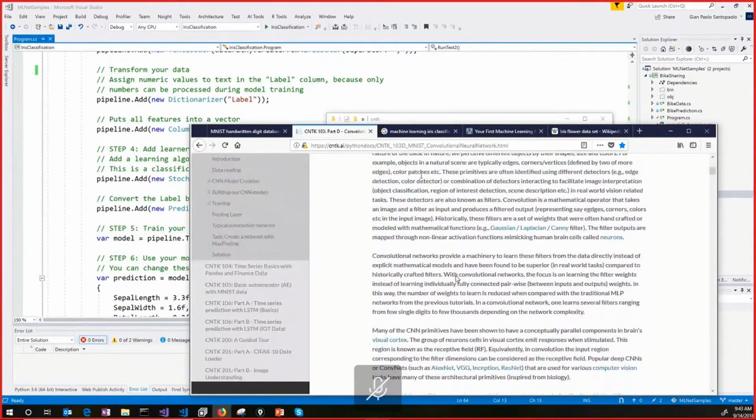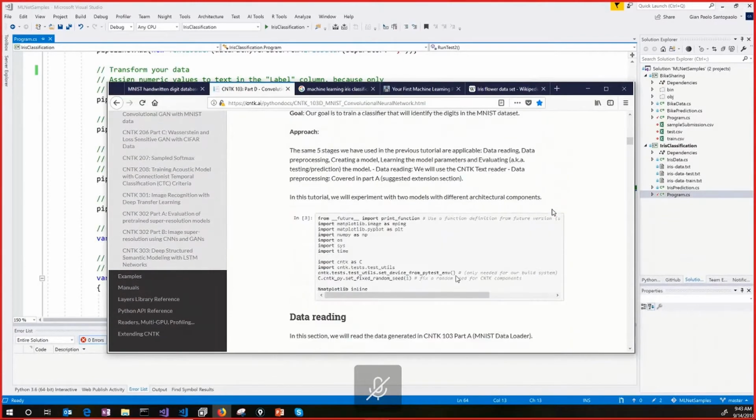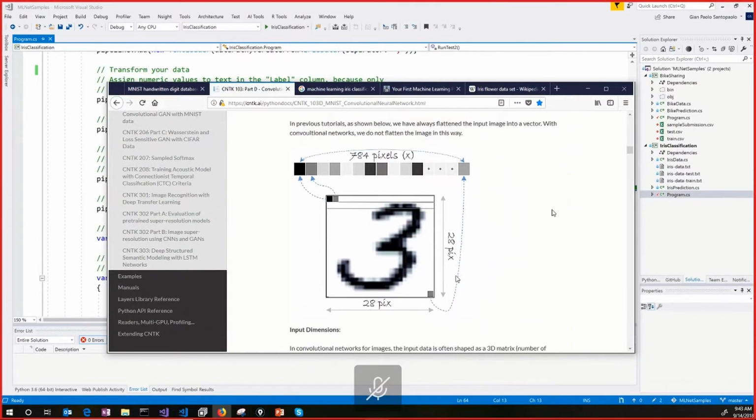This is another link that you will find later in my resources. As I told you, it is a database of handwritten digits, and it consists of in total 70,000 images of handwritten digits, and these images are 28 pixels by 28 pixels. Now, one important thing we have to consider is when we have sets of data that are multidimensional. Usually multidimensional data are called tensors.